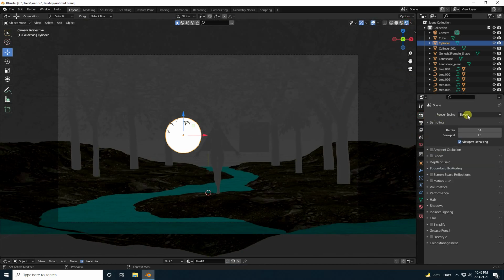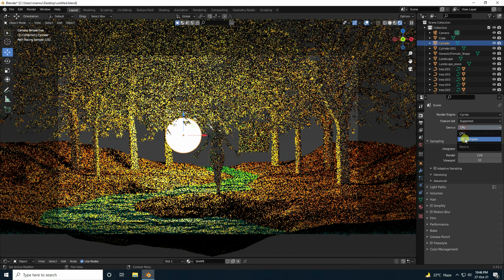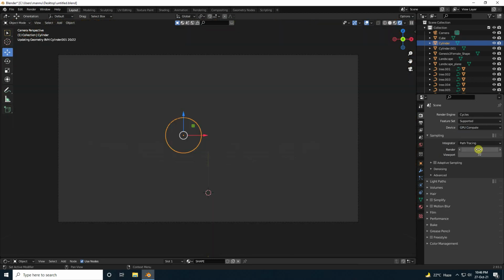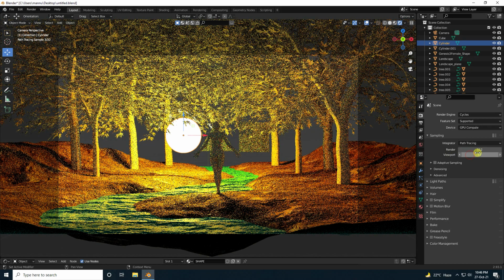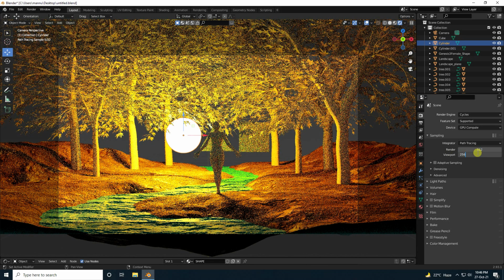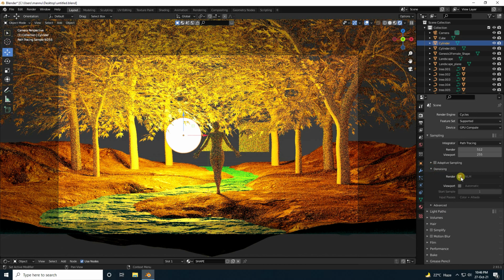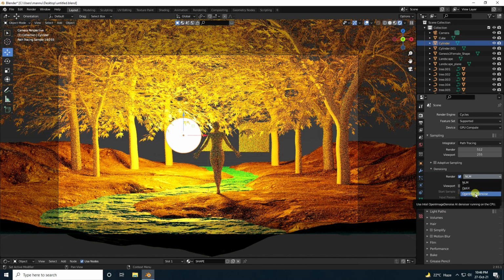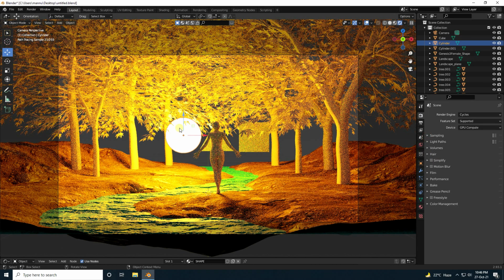So guys, I change render setting. Render engine I use Cycles, and support is good. Guys, CPU take GPU. And guys, see, that's my render. Guys, render I like 512, and viewport I like 256 is good. Yeah, and guys, see, that's my denoise. And render check. Guys, open image denoise check. Yeah, that's my noise cancelling option. Okay, so guys, it's really good.